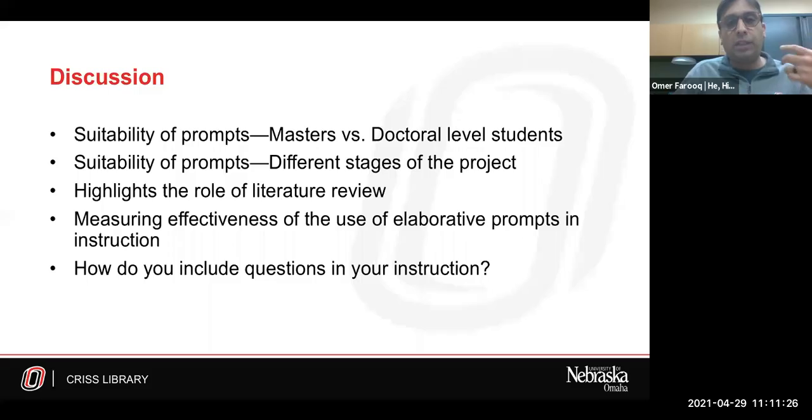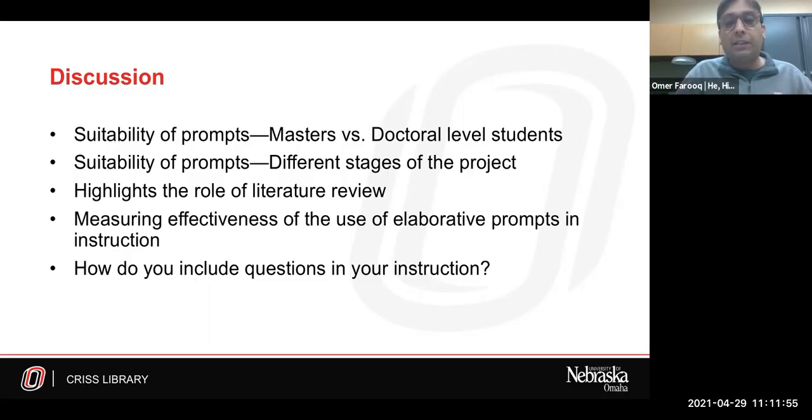And they might be using some of the self-regulation strategies like elaborative interrogation prompts by default. So are they already doing this, or are we enhancing this by prompting them so they can be more metacognitively engaged in the content? We don't know. And finding that objectively and empirically is kind of hard.